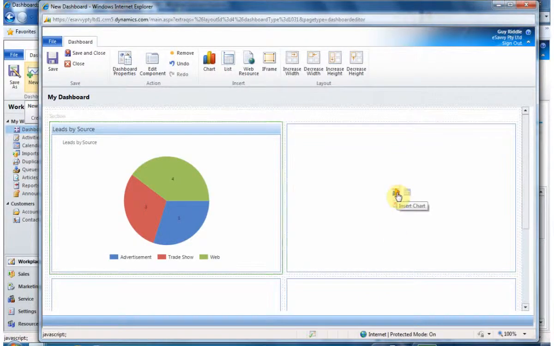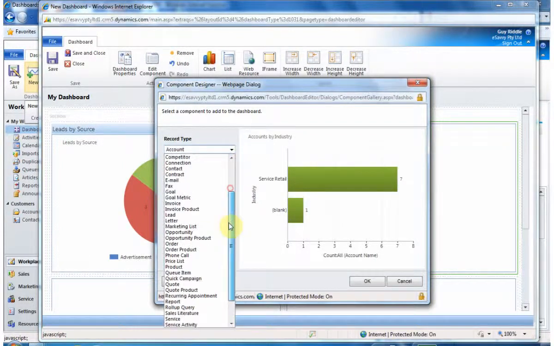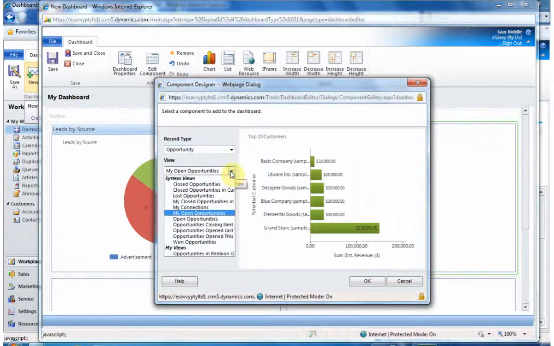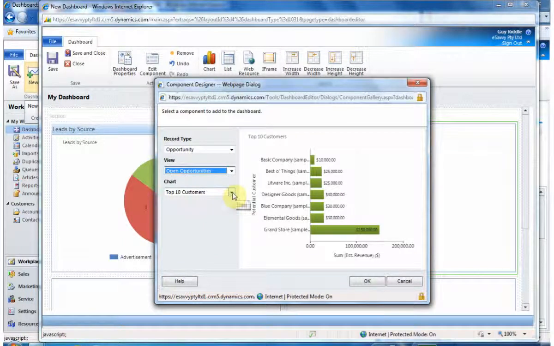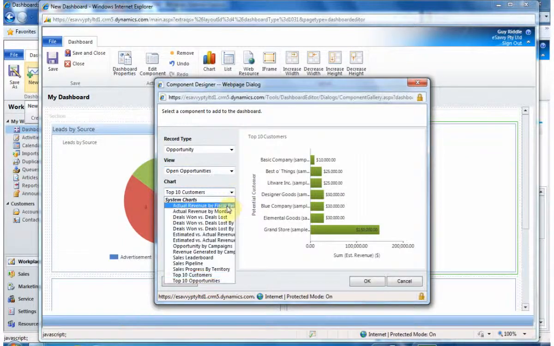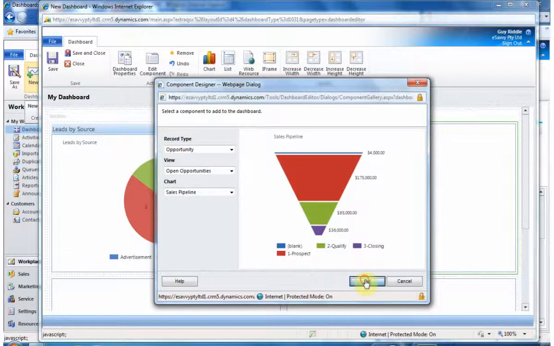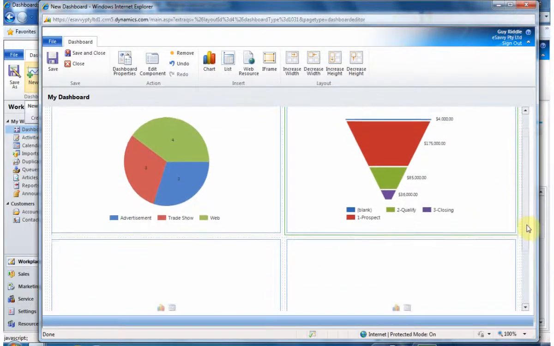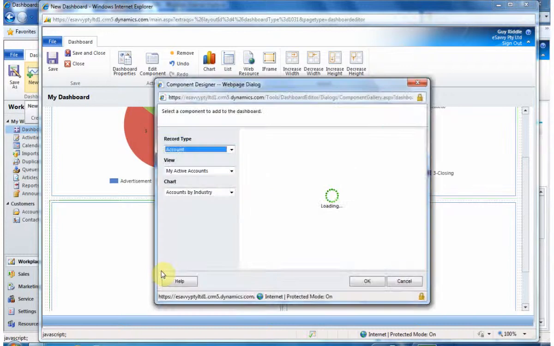In the second one, I want to see how I'm progressing from a sales perspective and look at the opportunities. So in an opportunity, I'm going to pick again all of the open opportunities, but we could pick any view. And rather than the top 10 customers, what I'd like to see on my dashboard is the actual sales pipeline, which is my funnel. Click on OK. If I scroll down, I can now specify the next element, and in this one I'm going to pick from a customer service point